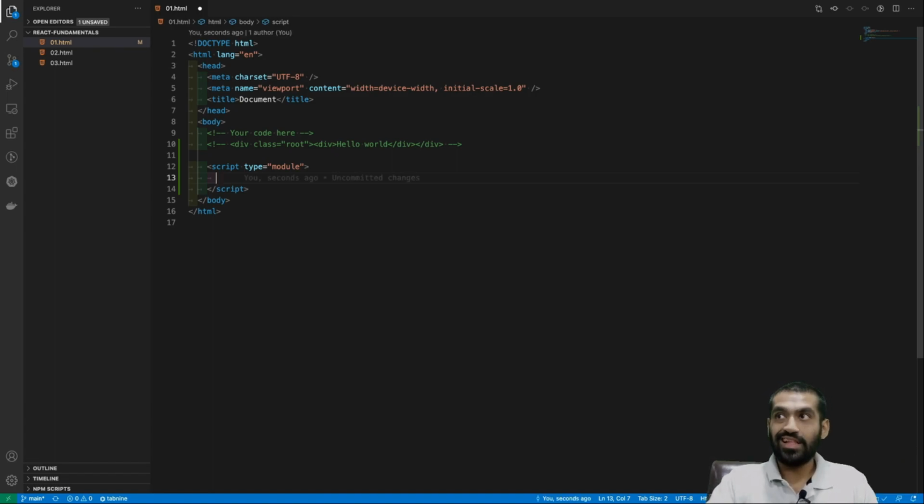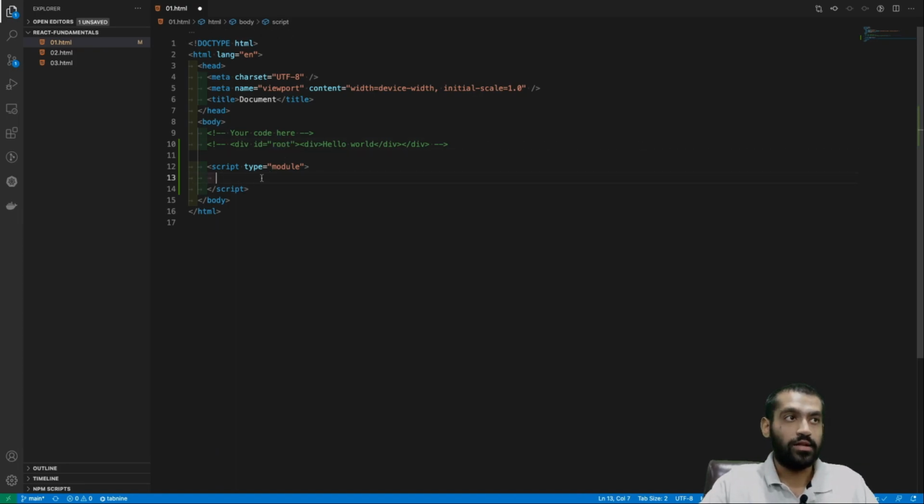The next thing that we have to do is create this div. Oh, sorry, it's not a class, it's an ID, okay? Why are we doing ID equal to root? It's a small convention that is being used in the React community, so we'll use that. But essentially, everything in here lies inside this div with the ID of root, okay? So the first thing that we have to do is create this ID of root, okay?